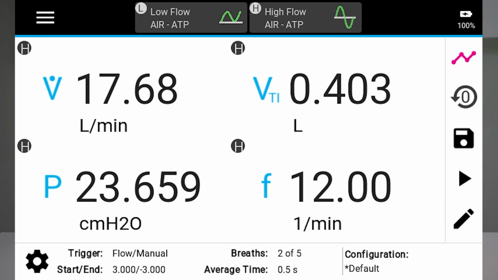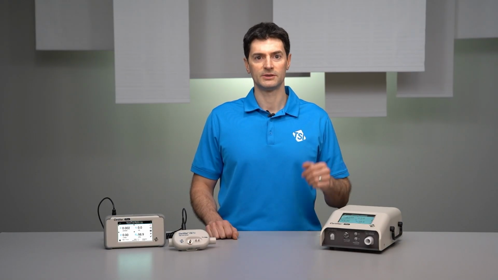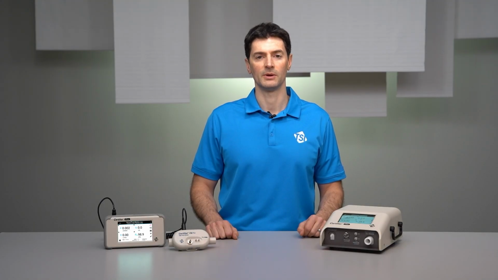The flow channel or module tabs are displayed in the header bar, as well as the gas type and gas condition settings currently selected. The Certifier Pro will show tabs for the high flow and low flow channels, and the letters H and L are used to indicate which channel the measurements are coming from.